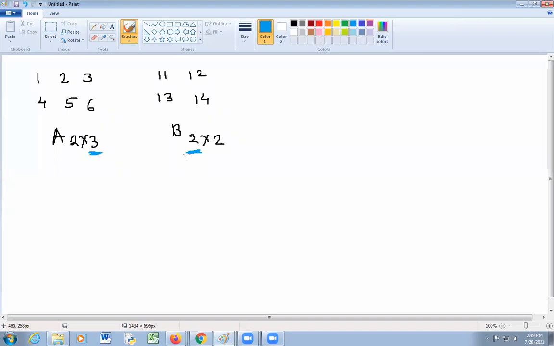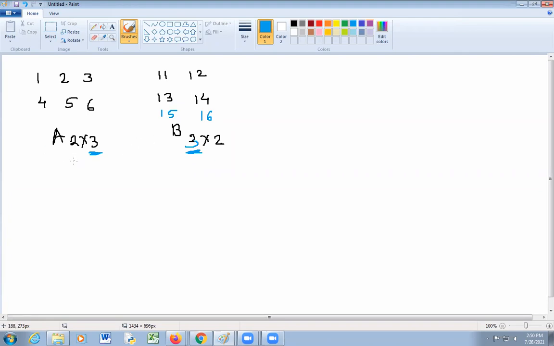Suppose I have added one more row, 15 and 16, then it is possible because the row size of the second matrix and the column size of the first matrix should be the same.